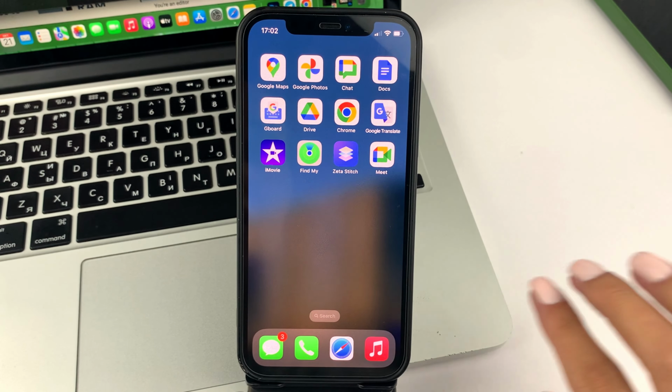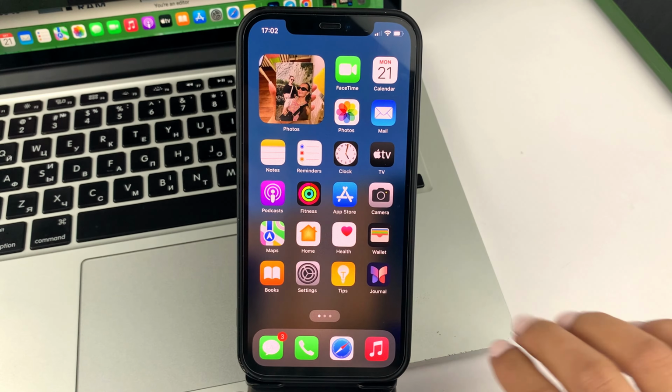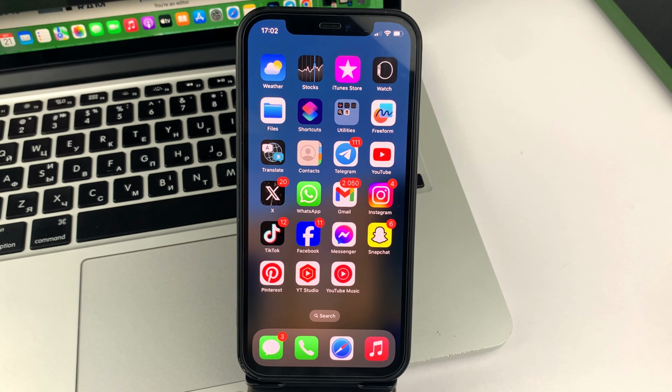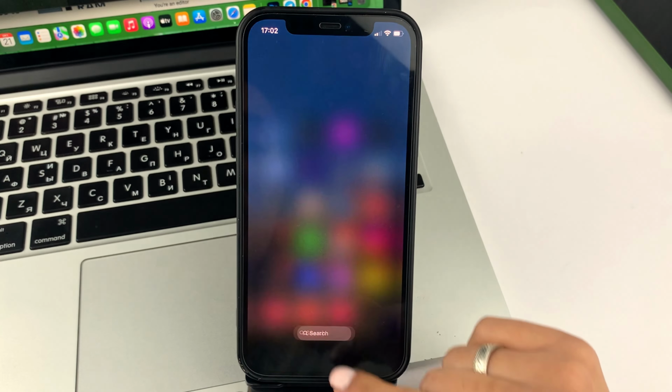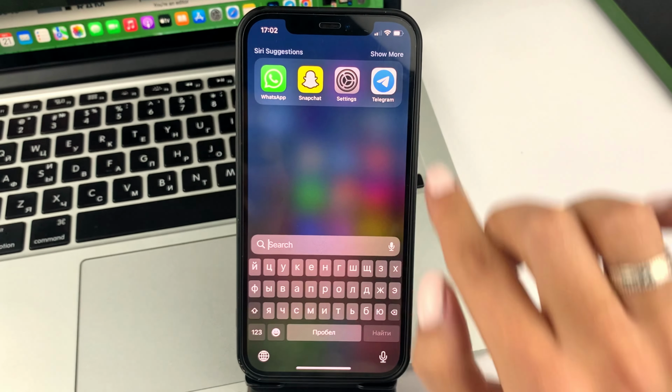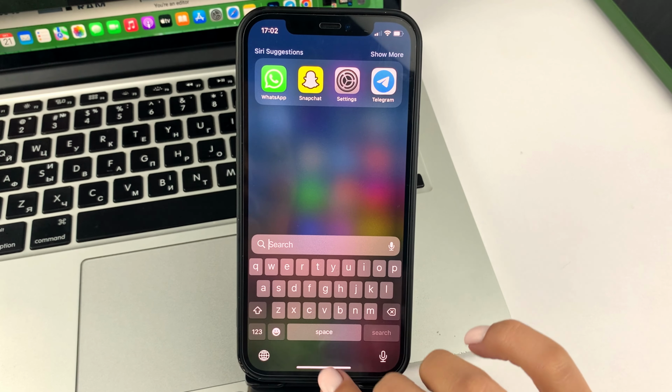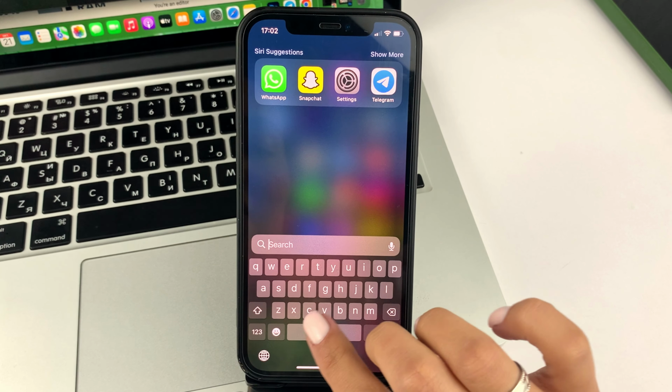And if you swipe your home screen, you won't find the hidden app. But what to do if you would like to find it and bring it back? Well, to do that, you swipe down on the iPhone screen from top to bottom. And you'll get a page like this. Next, friends, you will see the name of the hidden app in the search box.